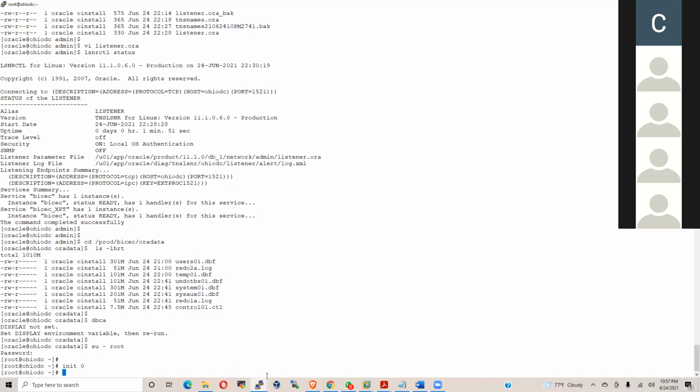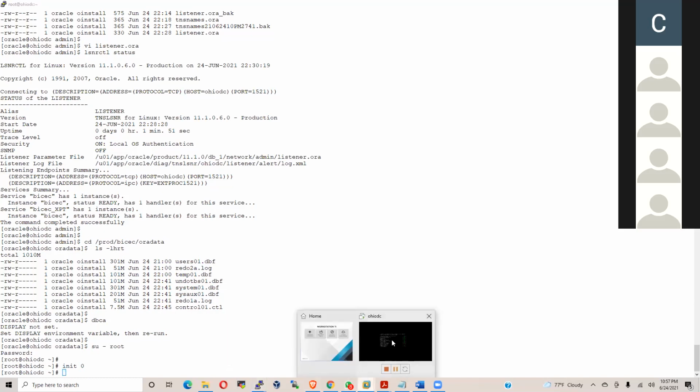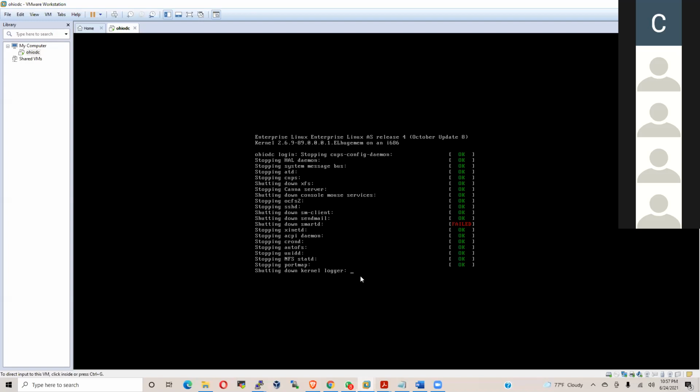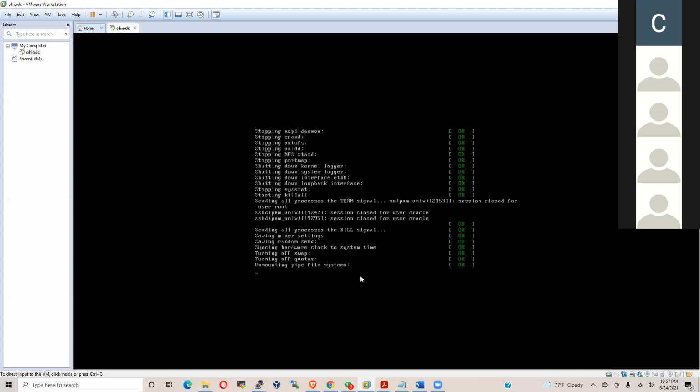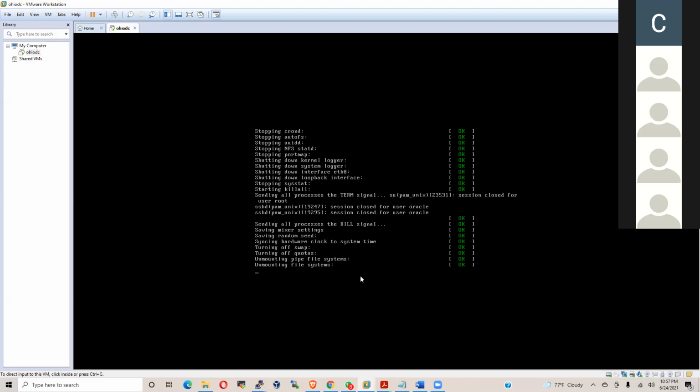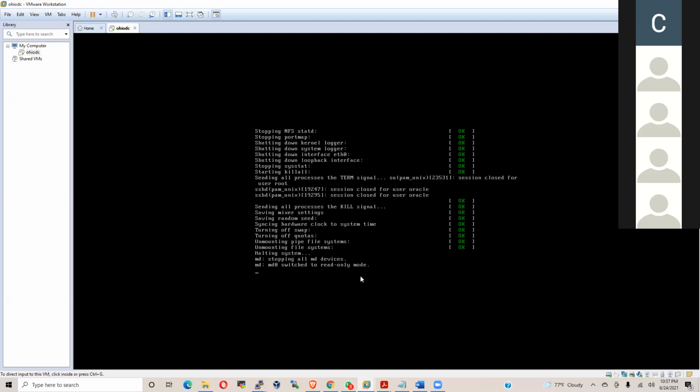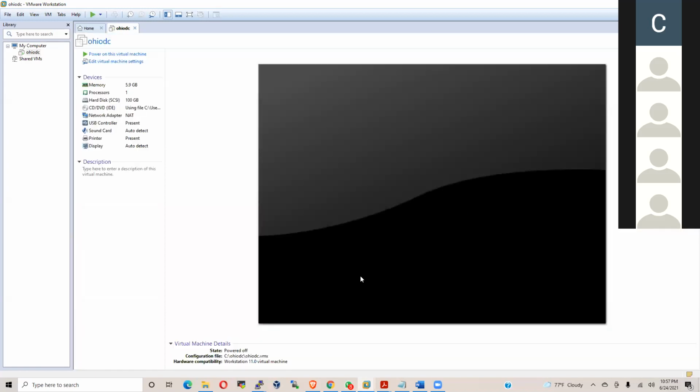Go and check your VMware. It will be shut down. See, it is shutting down. I don't even touch VMware. That's what I'm telling you. That is how you people have to practice. Do anything manually. You will become an expert in database administration. Don't follow GUI methodology. See, it is powered off now. I can do the shutdown also manually with the help of a command. I don't even touch my VMware.